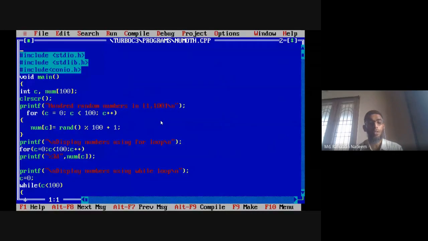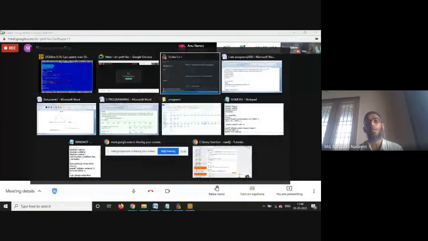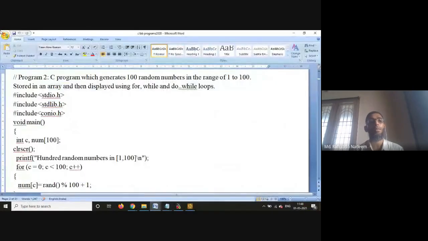What we have done in this program is, it's an easy program actually, but the new thing which you are going to learn here is, because those 100 numbers are supposed to be stored in an array, we are declaring an array of size 100.